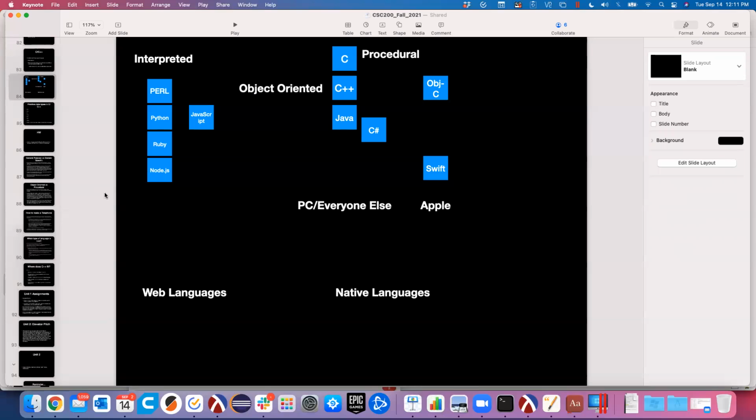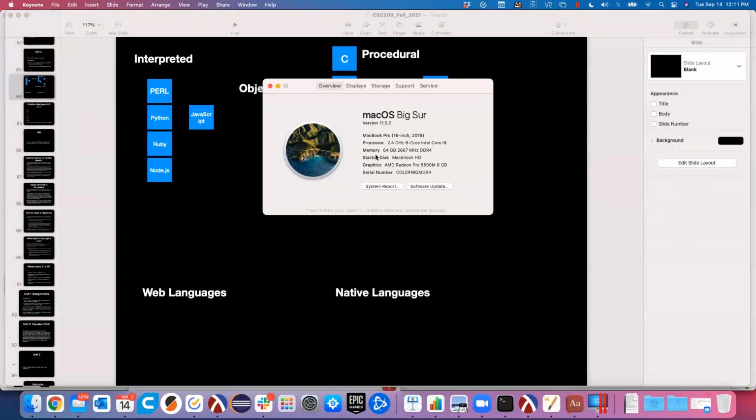Well, better is relative. I think I showed you my specs on this last class or the class before that. I run a lot of virtual machines. So this line right here, this 64 gigs of RAM is a big deal for me. And then I have a bunch of i9 processors. So that's 16 logical processors. So I can run 2 or 3 full-fledged operating systems on here, virtualized, but they'll feel like full speed machines all at the same time, without feeling like I'm giving up much